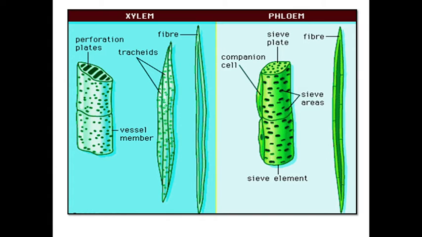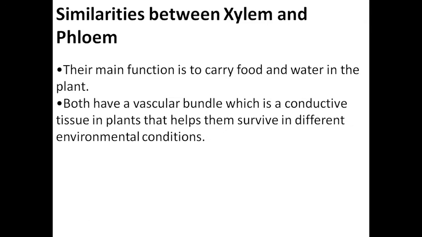Now see the structure of phloem. So in the phloem there are companion cells, sieve plate, then phloem fibers. Clear? Phloem parenchyma is there and most cells are alive except the phloem fibers. Whatever cells are present in the phloem fibers are dead, but the remaining portion is having living cells. Clear? So that is the structure of xylem and phloem.